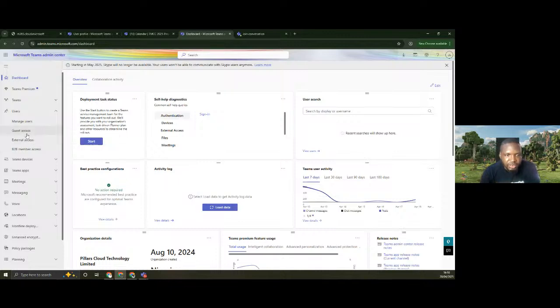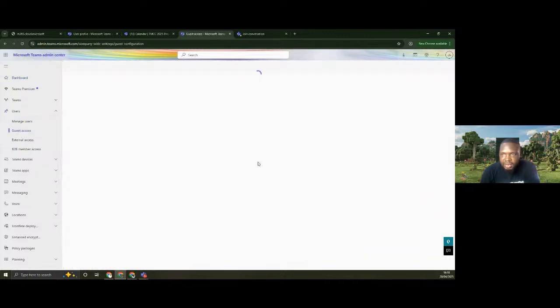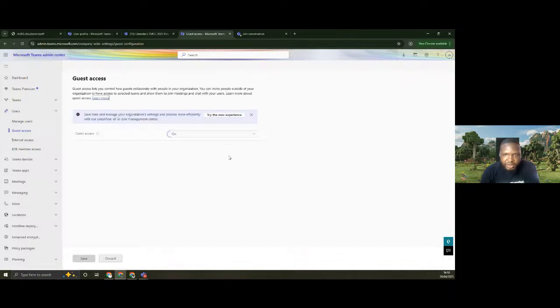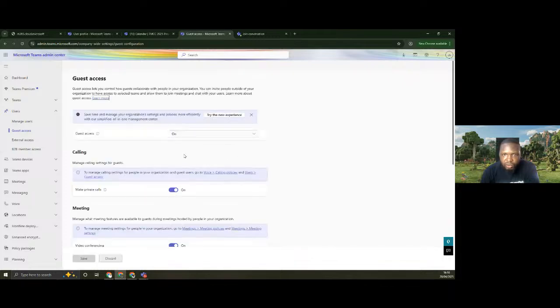So really, what is guest access, or who is a guest in an environment? A guest is a user who is outside of your organization, whom you have invited to your environment to collaborate with you.